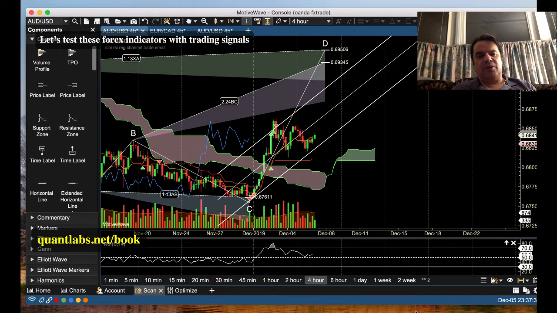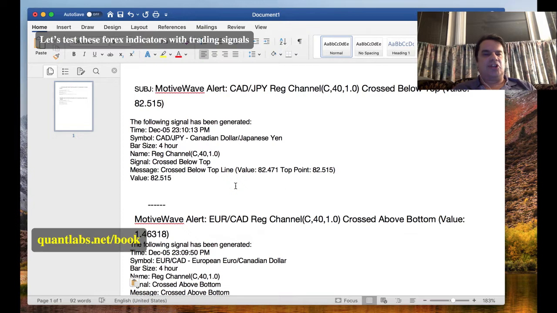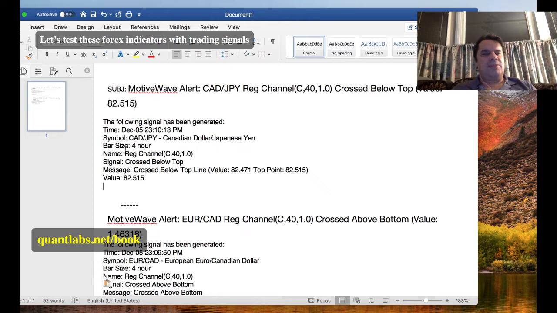So what will happen is when a signal gets generated, I can attach a photo, but this will be the typical alert signal that I will be putting in the analytics. So there's going to be 3 types of signals generated for the hand-picked forex pairs that look best at that time. So we have the title of the email. So in this case, it's motive wave alert, Canadian Japanese yen regression channel. Here's the parameters. Cross below top value